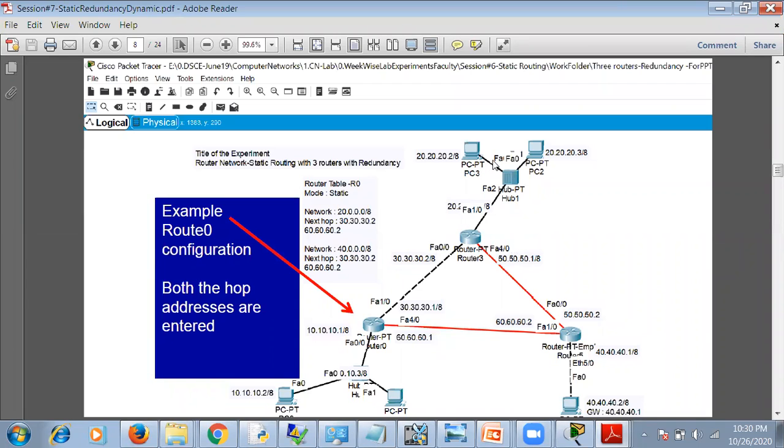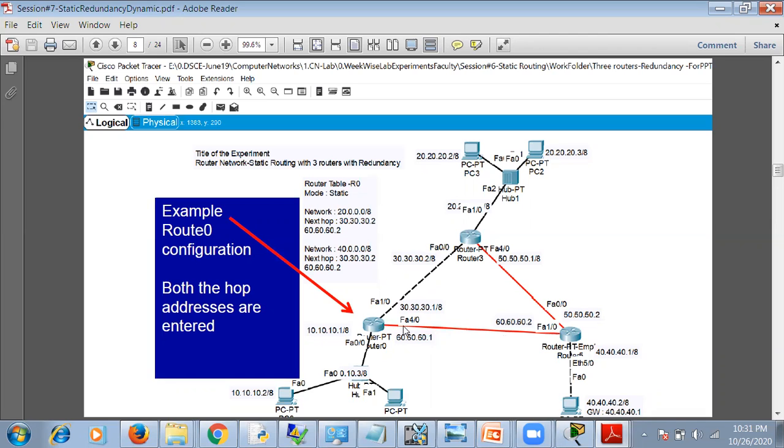Now in the second example, we have the third LAN here. See, we have 3 LANs. This is 10 network, this is 40 network, and this is 20 network. And there are 3 routers. Now suppose you want to send a message from this 10 to 20, you can go through this link, or if this link is breaking down or if it gets corrupted, there's no path available, then it can take another route that is going through this link and through this link. Okay, so it has to travel to router 2, then 3, and then reach this 20 network.